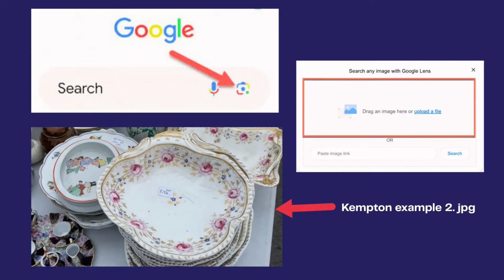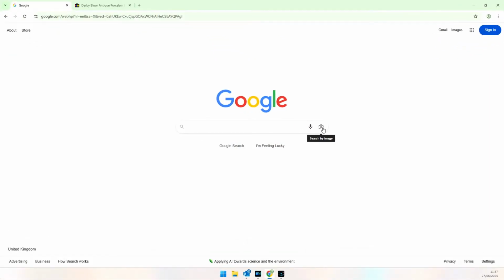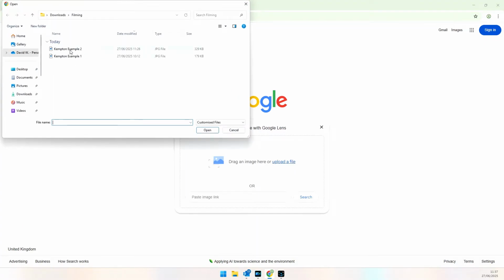The pattern on the plate is not crisp, reflecting its age. This is again the upload procedure. There's the search by image. Upload a file, Kempton Example 2, open,